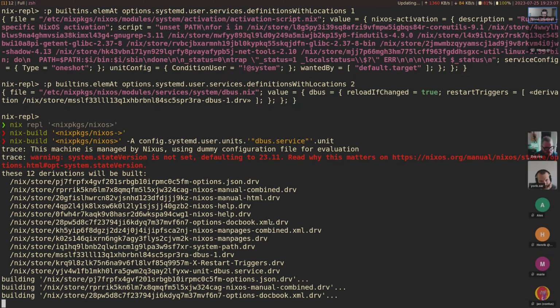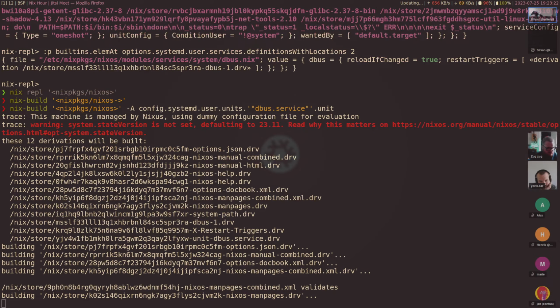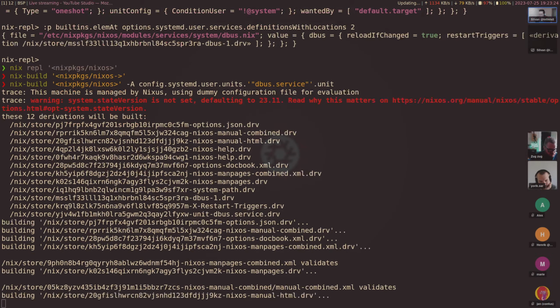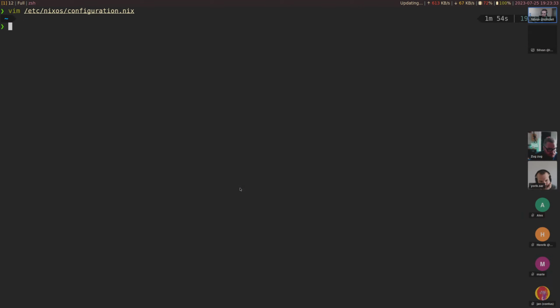Let's try this. Oh, it needs to build some documentation. It might take some seconds. Let me briefly read chat. Oh, user@.service. Oh, I see. Okay, yeah. So in this case, it has to be a bit different, but let's leave this running in the background. So Yuri in the chat points out that, right, there's also these,